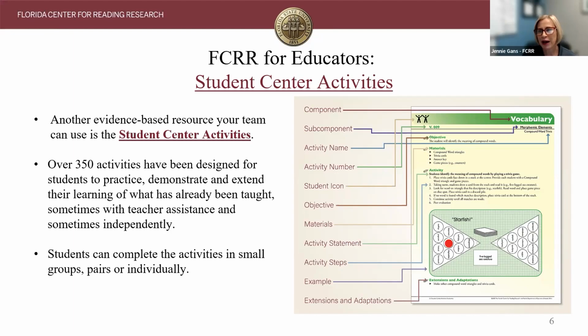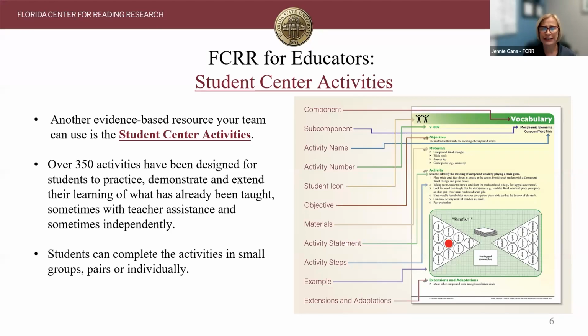Just a few notes about this screen. You'll notice in the icons on top of the student center activities, in the left-hand corner of the picture, two little people. That's a reminder to let you know, if you're picking an activity, that it can be done with more than one student. If you only see one little person, it's really meant to be an individual activity. Certainly, there are extensions and adaptations that can vary it slightly, but overall, this would be the gist: that this is a group activity.